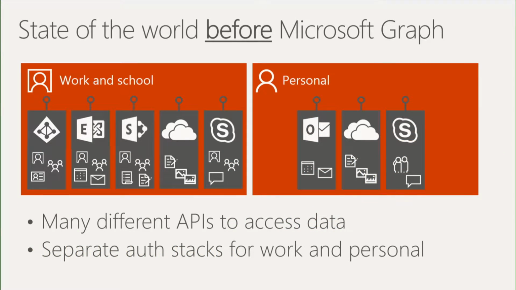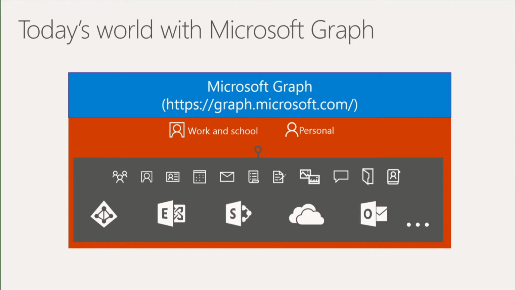The state of the world before Graph was there was Exchange had its own authn APIs, SharePoint had its own authn APIs, Azure Active Directory had its own authn APIs. Usually diversity is great, but in this case, it doesn't work so good. And so we got that feedback loud and clear, so we started working hard to try and unify it, and what we've ended up with is a unified endpoint, one auth, you can access all these resources,